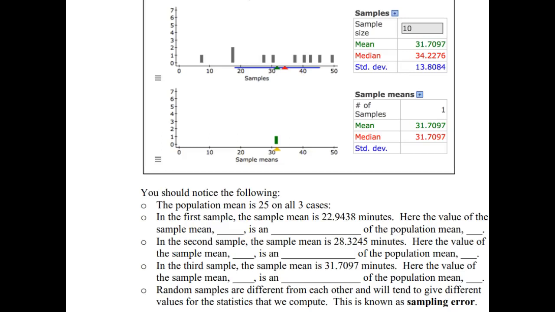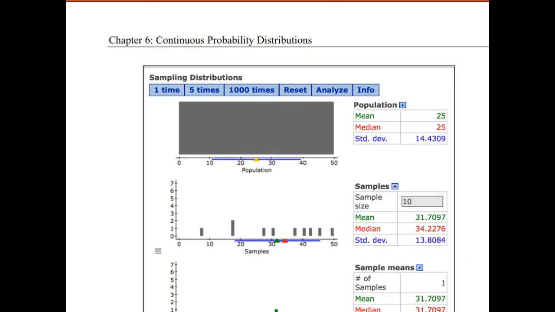So in the several samples that we took, you should notice some of the following. In each case, the population mean was 25 in all three cases. So mu was equal to 25. Okay, so if we go back to the very first